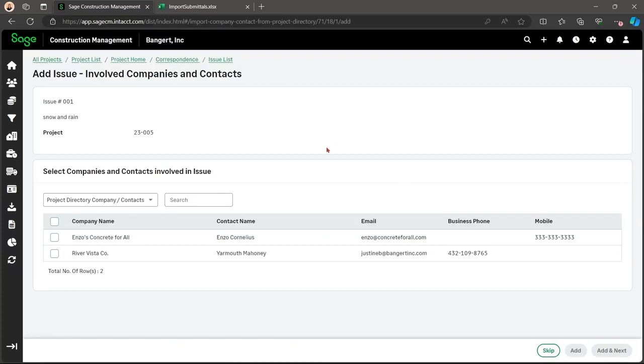Here, you need to select the companies and contacts involved in an issue. So you are able to select the project directories. This is why it's so important to check your project directory first. You can select here to select all, or you can select individuals.